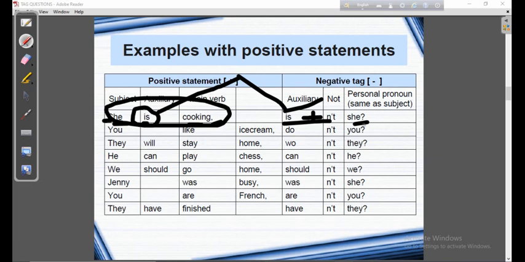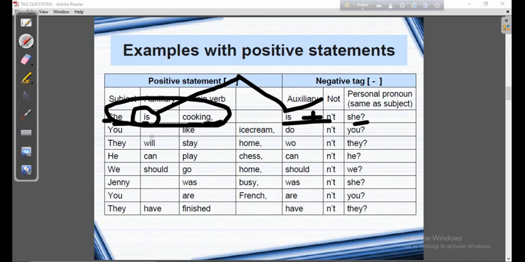So dear learners, I repeat, how are tag questions formed? Firstly, you will have to put a comma. Then you will have to write the affirmative or negative form of the be verb used in the sentence. It will be affirmative if the main sentence is negative, and it will be negative if the main sentence is affirmative, that is positive and negative. If the statement is positive, the tag question will be negative, and if the statement is negative, the tag question will be positive.